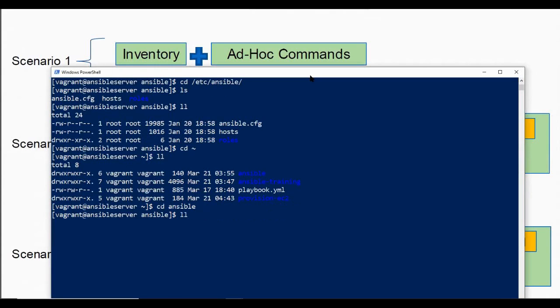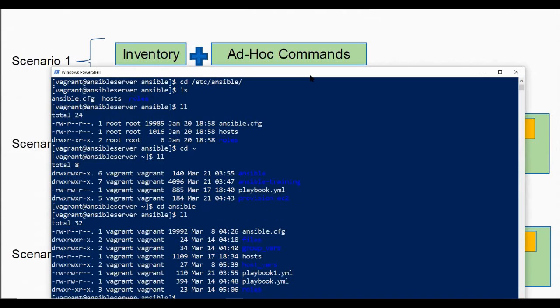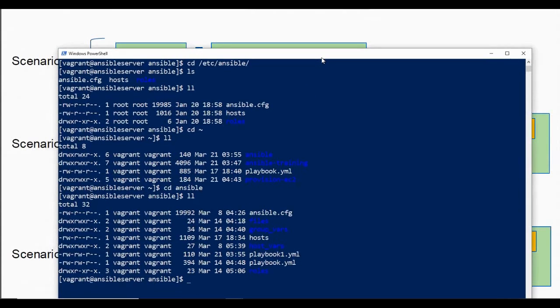If I list out the files and folders inside this ansible folder, you will see one more ansible.cfg file, a hosts file, and some other folders and files as well. This is something that we have already noticed and was already present inside /etc/ansible. So the hosts file and the ansible.cfg file, I have actually copied from the /etc/ansible folder itself.